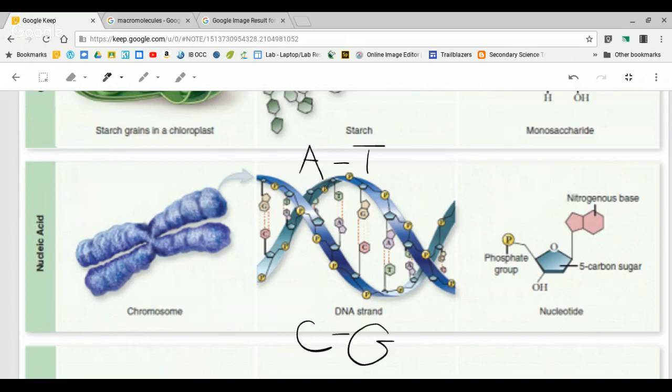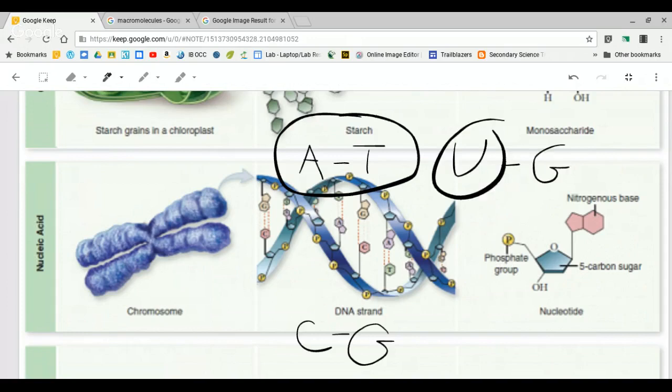Number 6 is asking which of the following is a correct pairing in DNA, and the answer is D because that's A and T. You can see B says U and G. Just so you guys know, U is only found in RNA, not DNA, so that's impossible. If I'm asking you about DNA, you wouldn't talk about U. Don't even mention U. Number 7 says: during DNA replication, a DNA strand that has the bases CGAT produces a